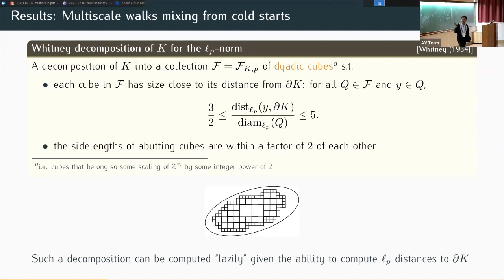Okay, so now that you have such a decomposition, so this is a classical object, what's the natural Markov chain? The Markov chain is also natural. It sort of just follows immediately from